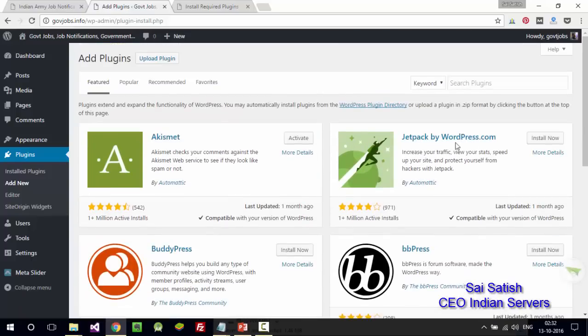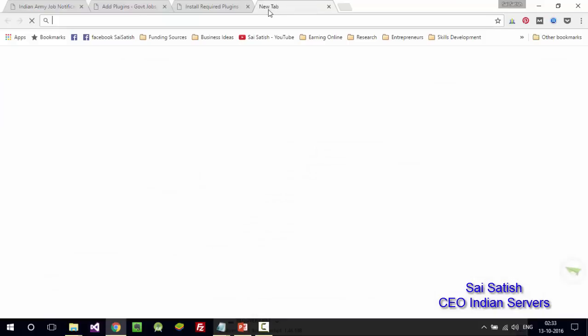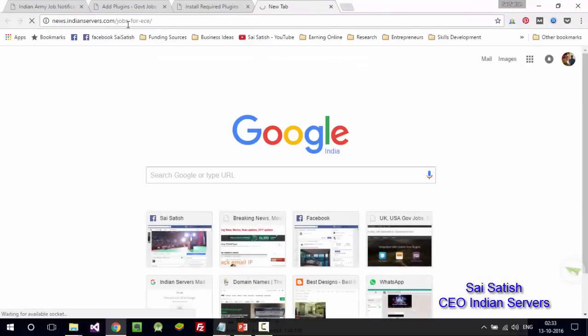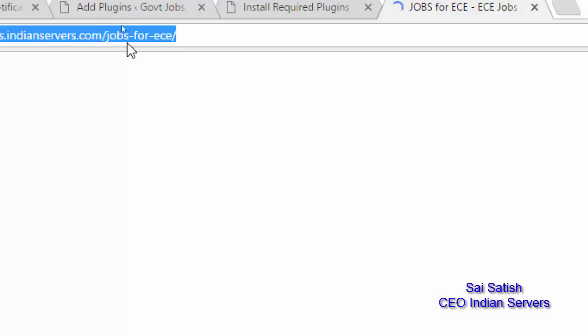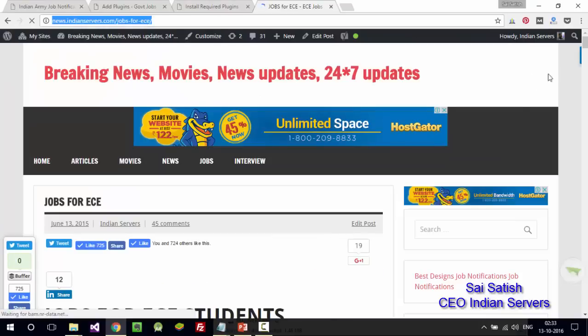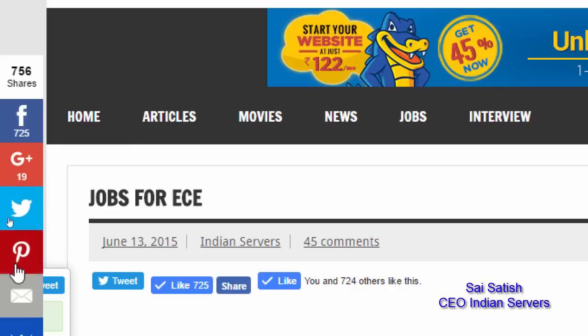You can use Jetpack also. Let me show you some more important things. See here, there is no social bar here. For example, if you open my website, news.indianservers.com/jobs.ec, there is a social bar in your left side, the total number of shares, the G plus.